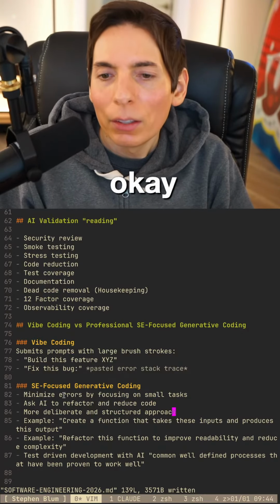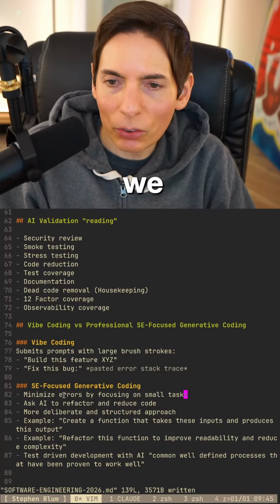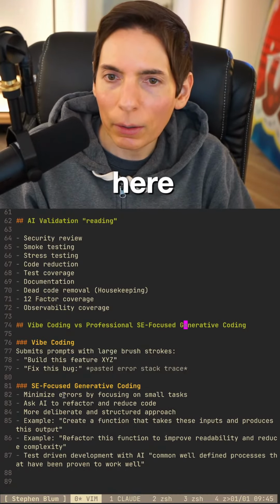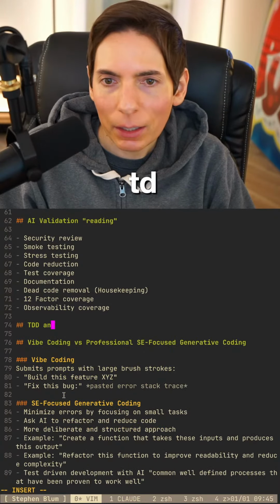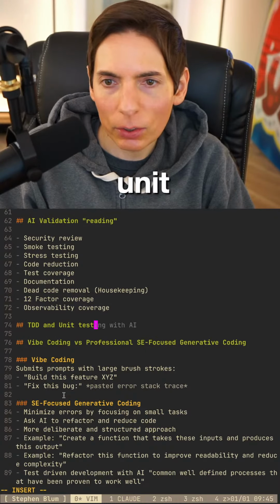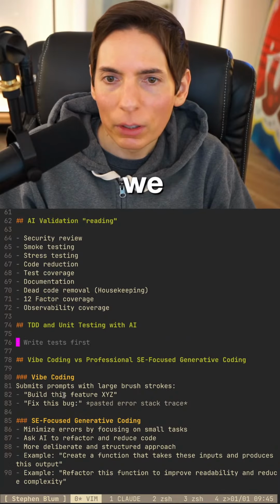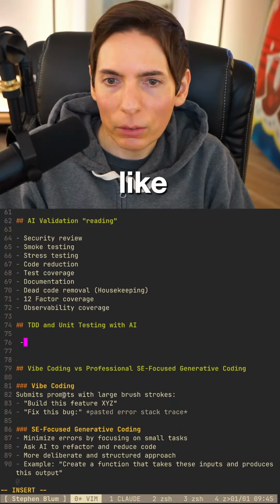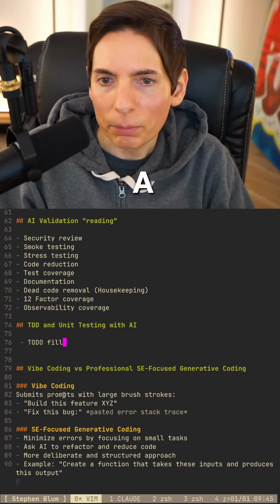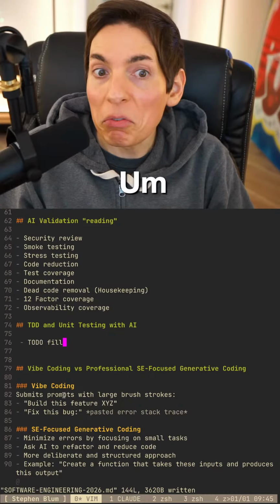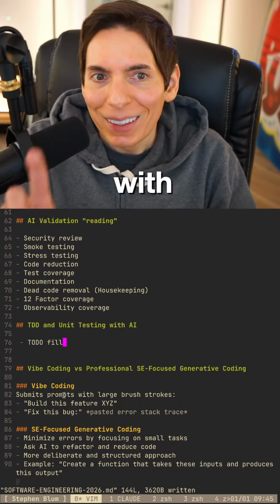Yes, okay. So part of defining this, we need a segment here. Let's add another segment here. We'll call it TDD and unit tests. Okay, we should have a segment. I'll have the AI fill this in. You have to be very careful because it can generate just fluff. So we've got to be careful with that. Thank you for mentioning it.